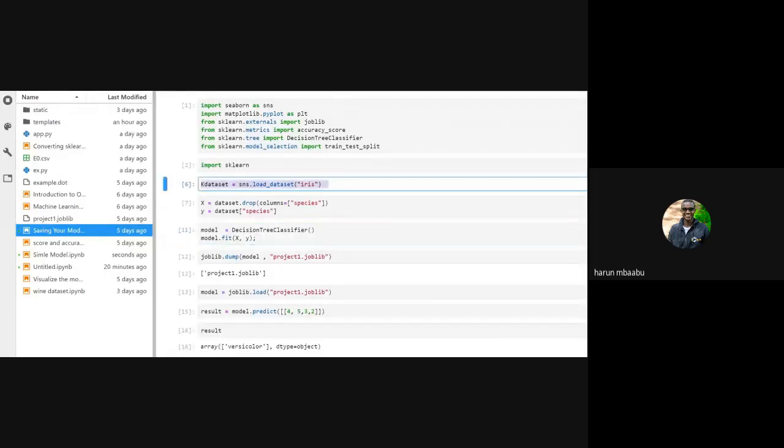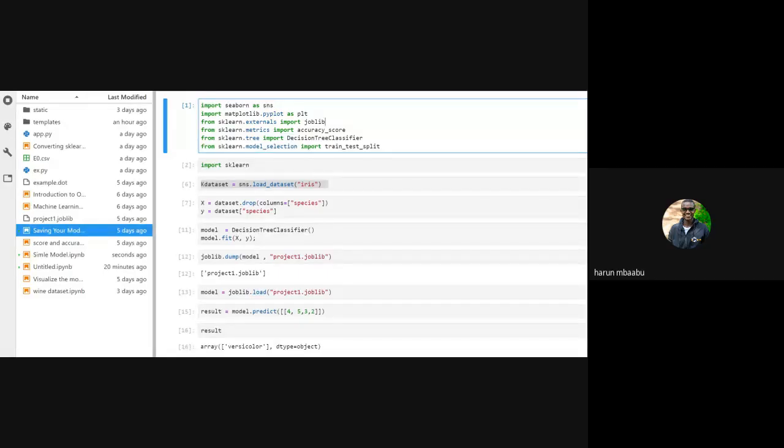But before I do that, let me explain the process of saving and reloading the model without training your data again. So sklearn comes with a package that we call joblib. Sometimes you'll get an error when you use externals to import joblib, but in my version of Anaconda, it worked that way. So I use externals, which is a module in sklearn, to import joblib. That is the only package that I need to save my machine learning algorithm.